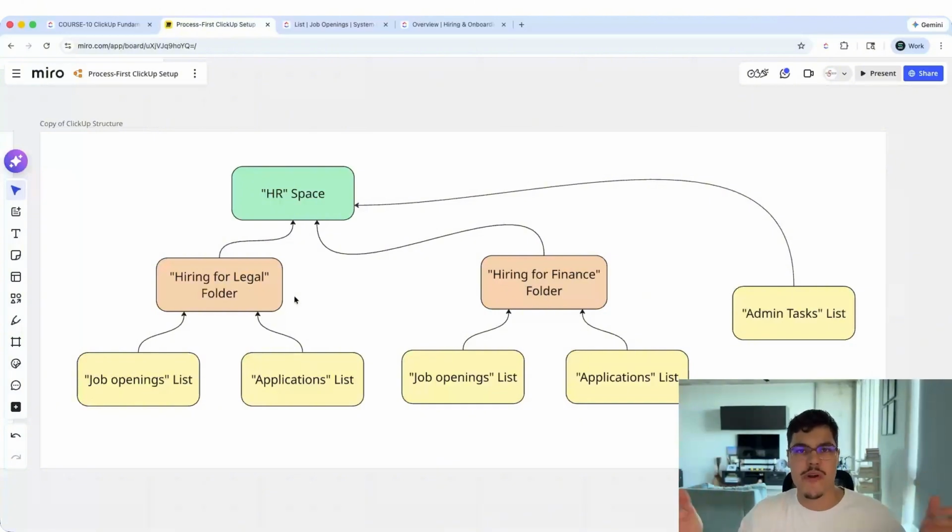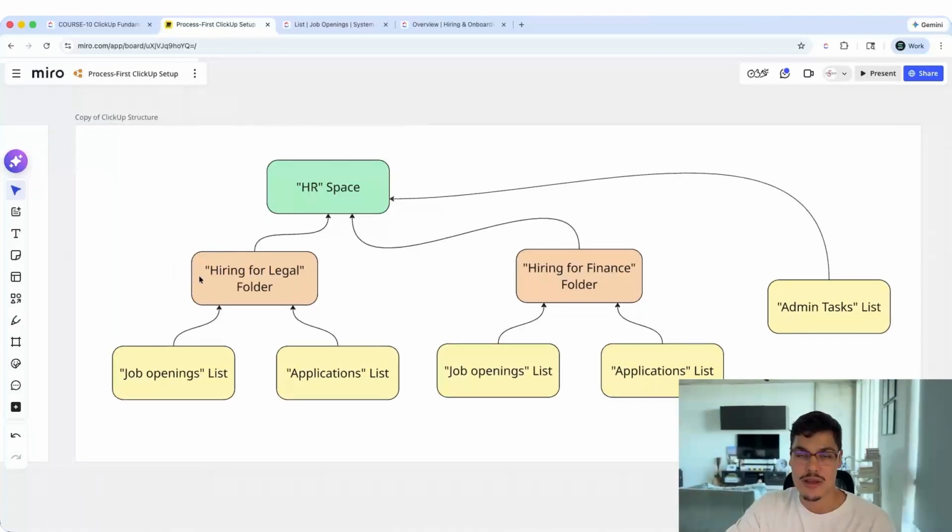regulations, let's say it's a weird regulation that legal department does not need to have or cannot have access to the finance HR works that they're doing or hiring that they're doing, and finance department cannot see what legal is hiring for. All right, that's a very weird regulation, let's say from the government or whatever. We need to adhere to that. So in this example, we would need to create, I would scratch my head, think about this, and I would